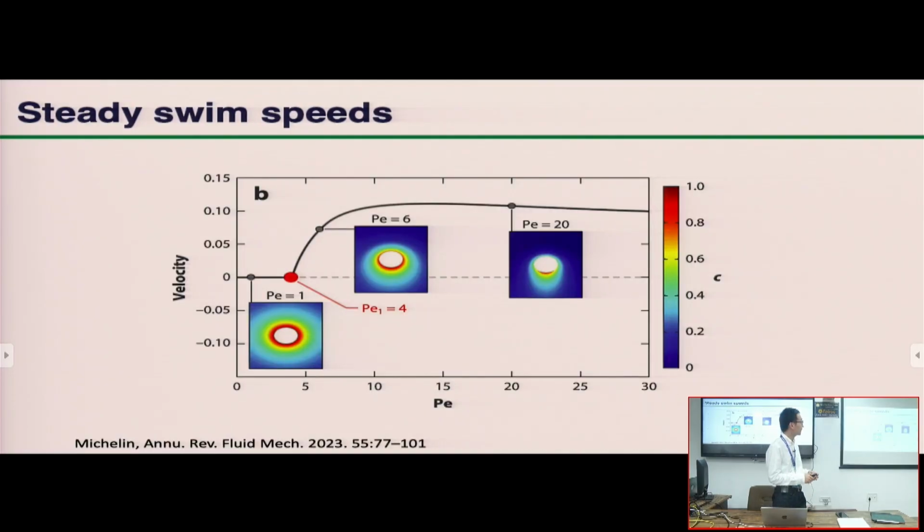Okay, so you can then characterize the long-time swim speed of these droplets, which are typically,